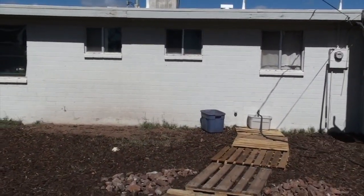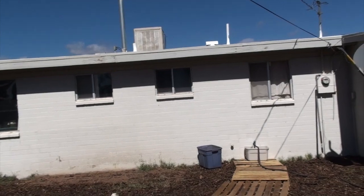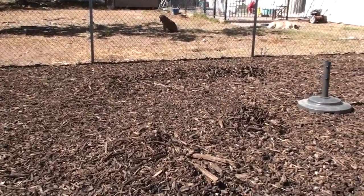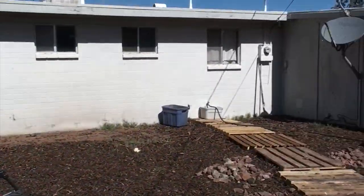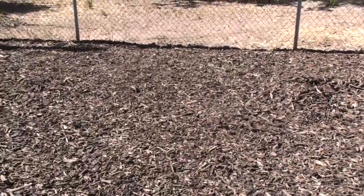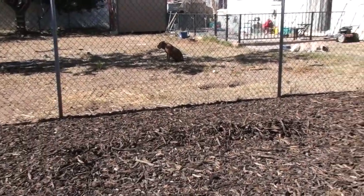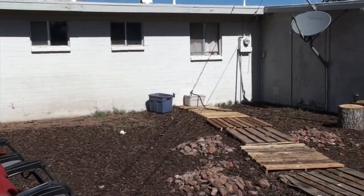So I went and got that blue tote. I would have used my trusty bucket, but it's round. The rake actually rakes right into that tote, so it's a whole lot easier. I just lay it on its side and rake the piles into the tote, and then transfer them over there and dump it. Much easier than trying to pull all this mulch from one end of the yard to the other. So that's what I'm going to try to get completed today. I am going to rake more and try to get this all covered on that end